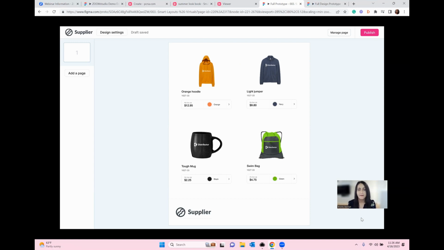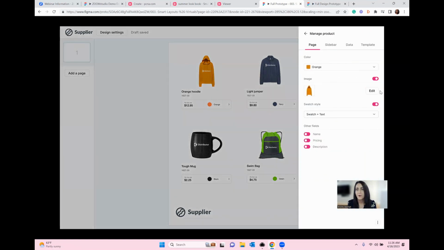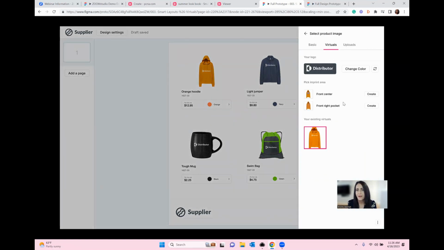So each product will have its primary imprint location, which will help us know where to place the logo at first. However, the user may want it in one of those other imprint locations. So each product will be able to be individually configured as needed. So I'll see all the logos on the product, but if I say, on this hoodie, I really wanted it on the chest, not in the full center, all I need to do is click on that one product, go edit the virtual sample,